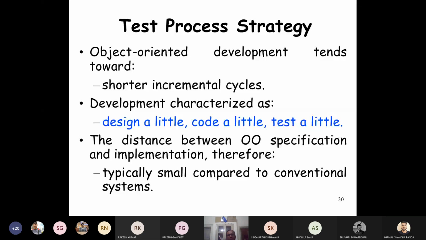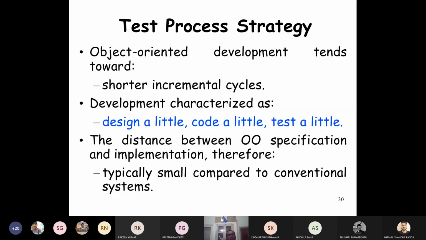Nowadays people are migrating from larger incremental cycles to shorter incremental cycles. People design a little bit, maybe one module, then code that same module, then test that same module. This principle is known as the shorter incremental cycle, and in short we can say: design a little, code a little, and test a little.